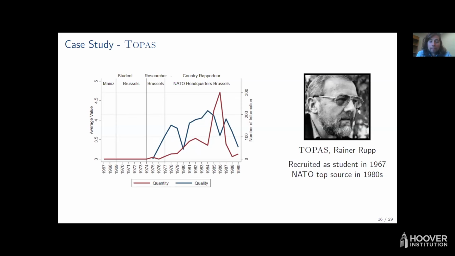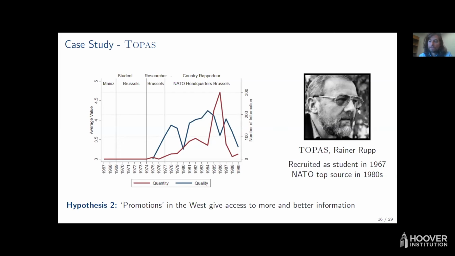And so the first hypothesis that we have here is that young recruits might be better because the Secret Service can place them in valuable objects. The second hypothesis that we have is that promotions and job changes in the West give spies access to more and better information. So you can see that for the first job that he worked in as a researcher between 1974 and 1977, to the next job at NATO headquarters, you see how the quality of the information provided jumps very rapidly by almost 0.7 points, or about 3 standard deviations. So that's a very huge effect,